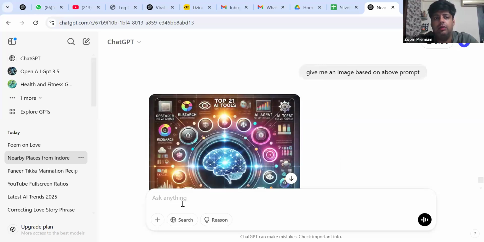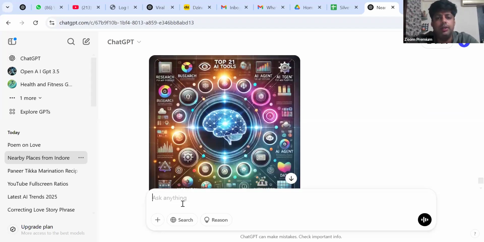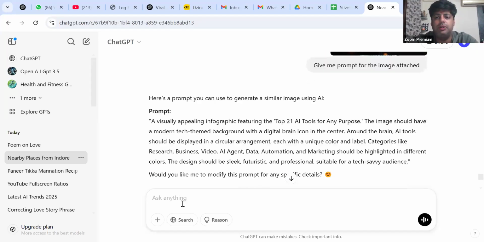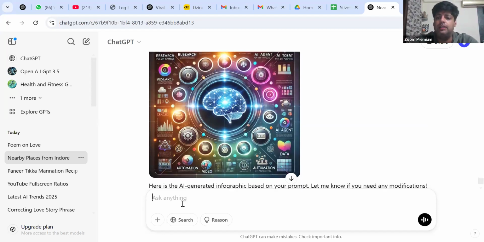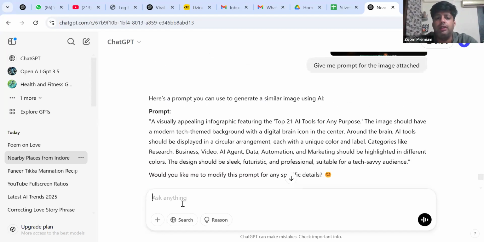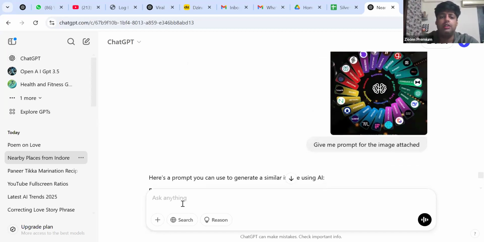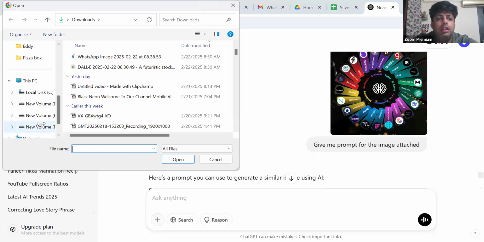Let's check. You can see now, actually the top 21 AI tools will be there, but the exact information or exact kind of image will not get matched because ChatGPT deals with DALL-E kind of images. So when you put this prompt in other AI tools, then you will get this kind of images. Or just take an example of another. Suppose I am taking any character, clear? So just come up with this.